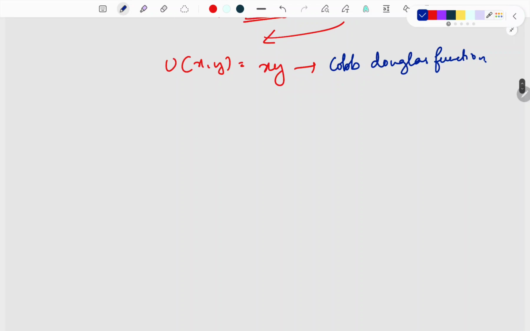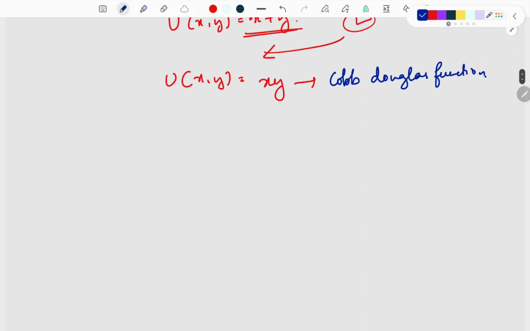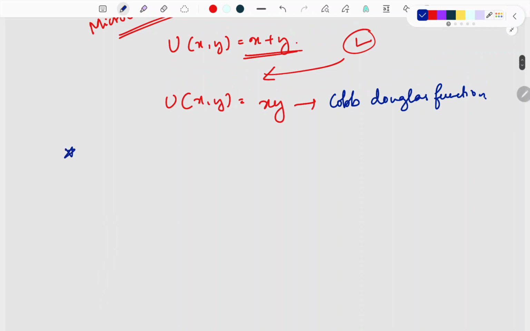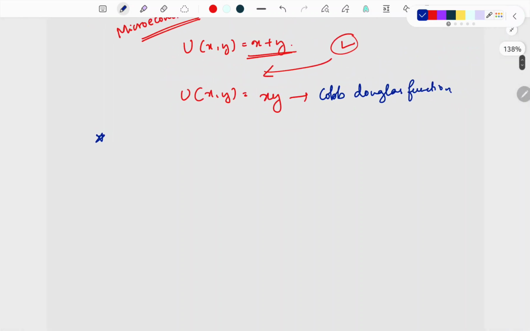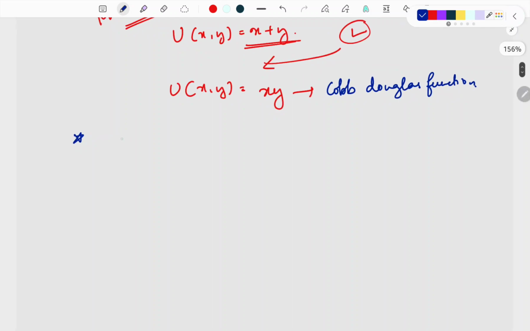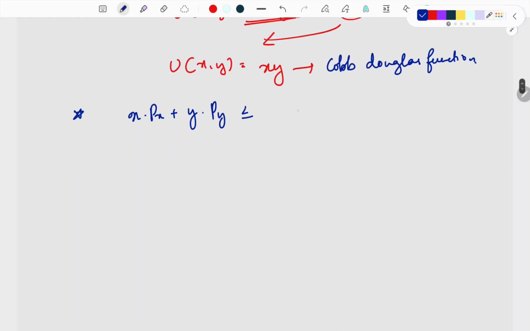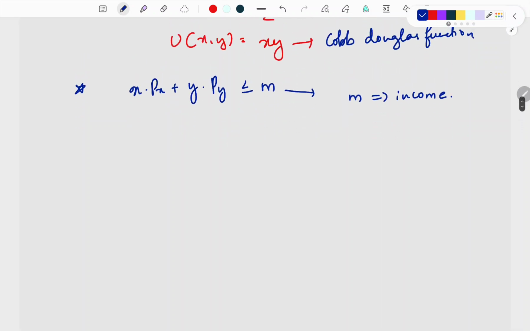Next, other than this, there is one more thing called finding the utility functions, how they depend upon the prices. We can give an equation x times px plus y times py equals M, because any good we are consuming has a certain price, and we should be able to get those quantities within our own income. M is income here,